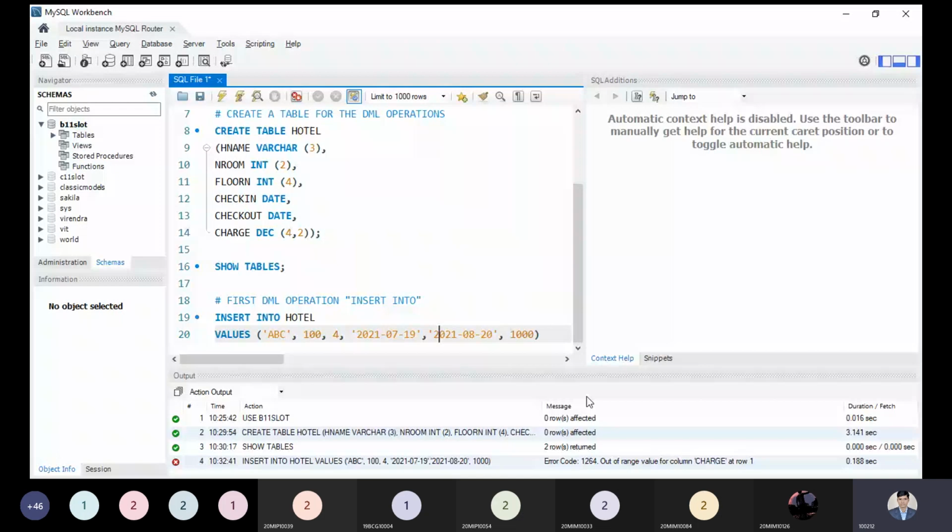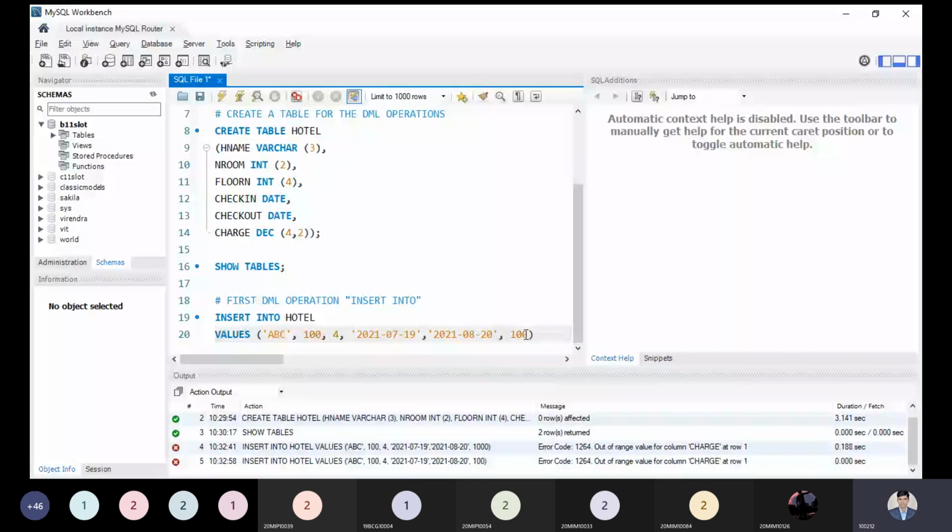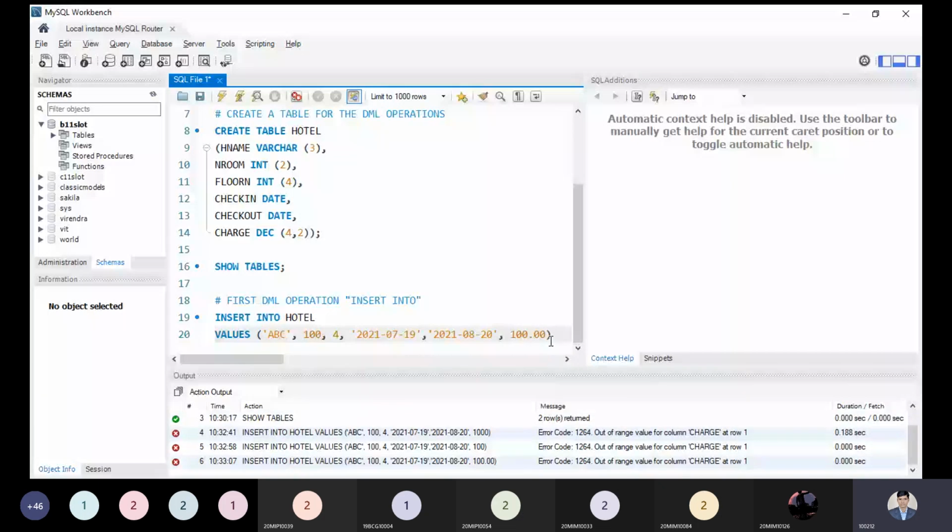Charge row, what we have. Oh, out of range. So we have to take this total, what we have to take is 100. Coming to decimal, the total decimal would be 4, so 0.00. I think it's not taking. I don't know why I am facing this problem this time after updating. Okay, let me try 2 decimal, let me check. Yeah, it's created. So this is the point we have to keep in mind while defining data.